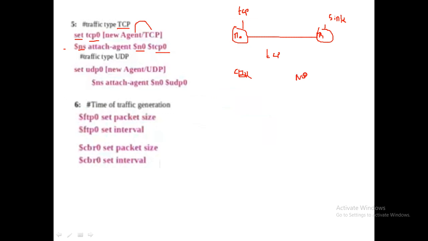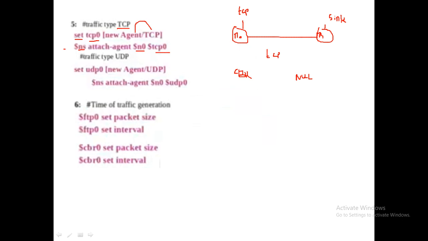These are compulsory, you have to remember these things, right? Just now we are doing it for TCP traffic. So we are saying $ns attach-agent $n0 $tcp0. For n0 you are attaching TCP.